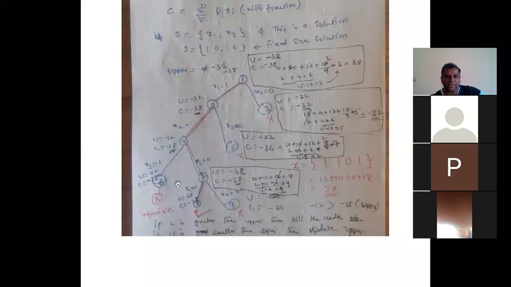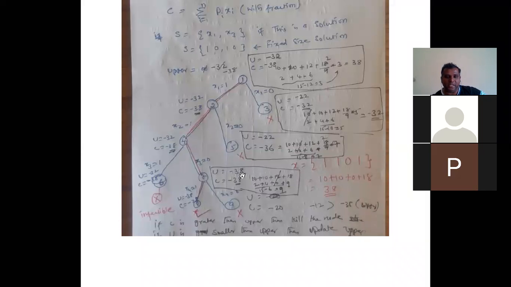So when you compare U and C values of nodes 7 and 6, this minus 38 is smaller than minus 32. So now compare the U value with upper. Upper value is minus 32. Node U value is minus 38. Minus 38 is smaller than minus 32. Now change it. Change to minus 38. After changing,